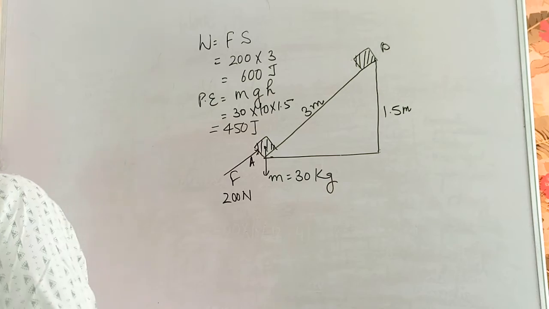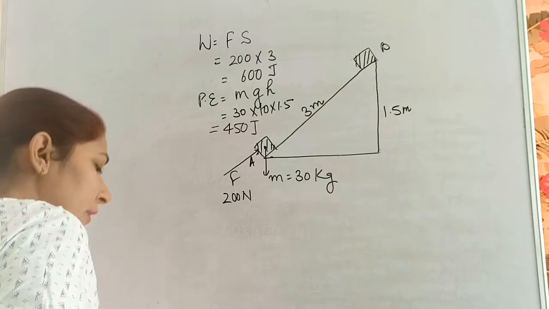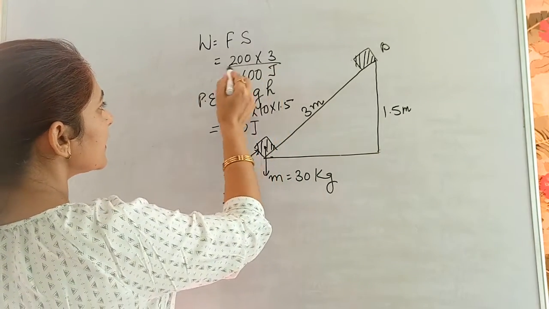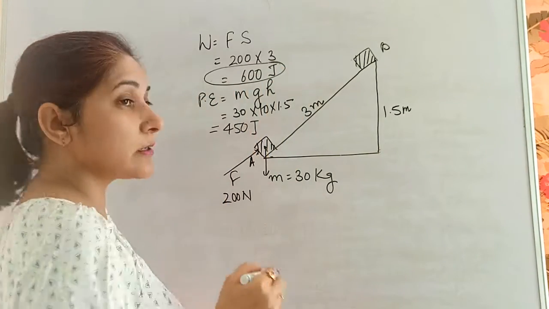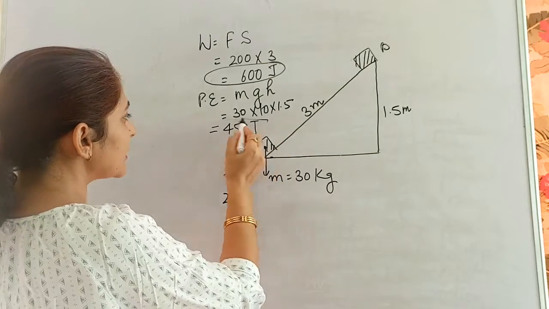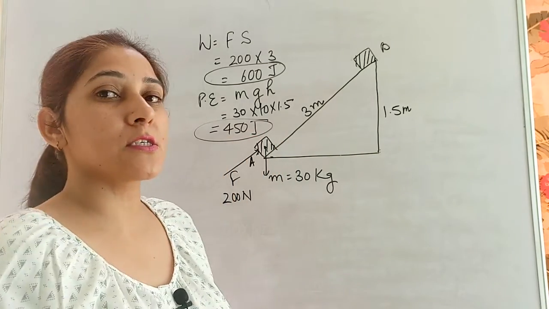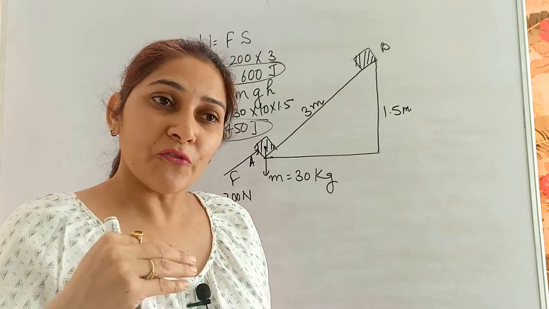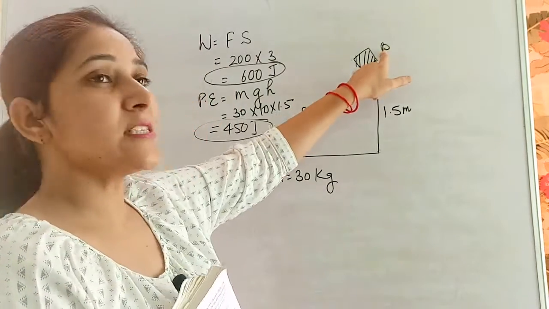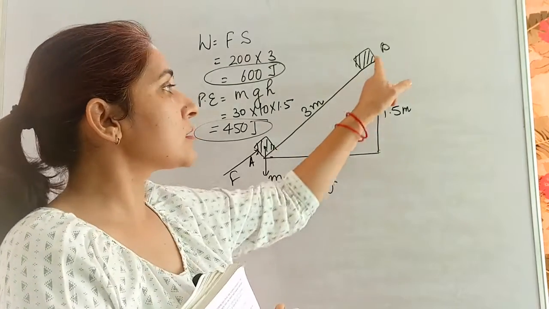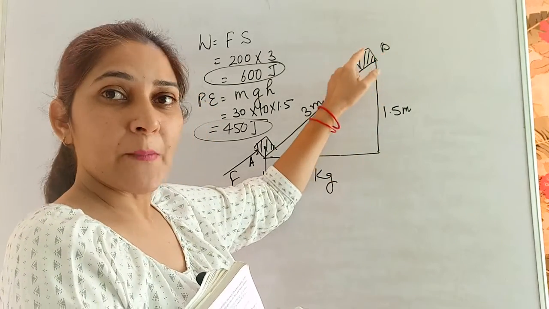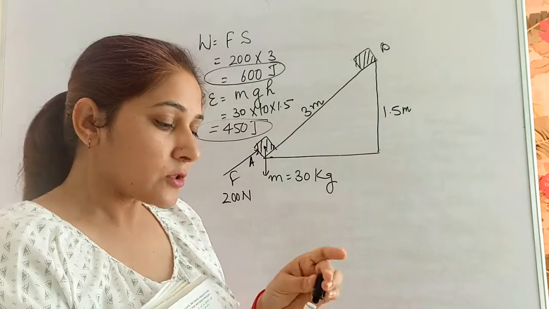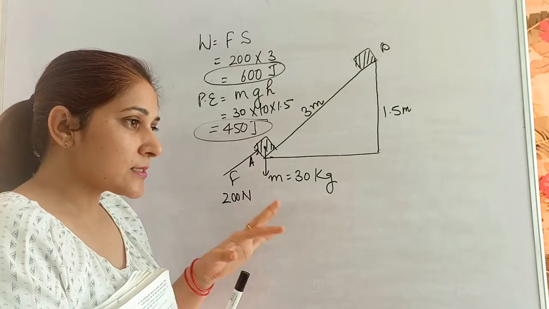The next part they are saying is, account for the difference in the answers to part 1 and 2. There is a difference in these two parts. Here we are saying that 600 joules of work is done, and here we are saying 450 joules of energy is stored. So they are asking why there is a difference between these two. Why is there a difference? It stopped at the same position. From here the distance looks a little more, from here less. But if we are talking about the same position, why is there a difference in the answer? This is their question. So why is this difference?